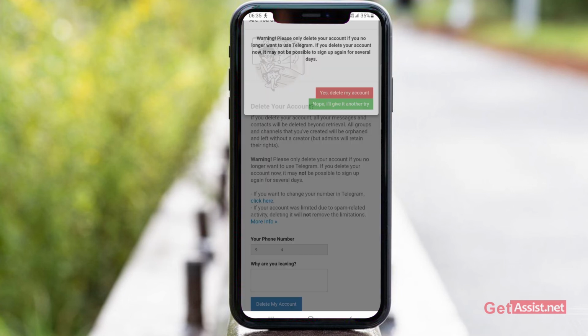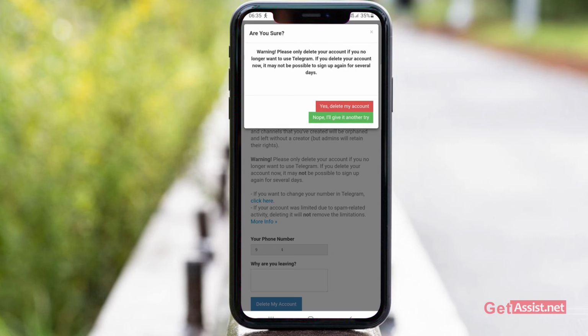Once you press the delete my account button, you will again see a warning asking if you are sure. This is the last warning that you will see, and after that your account will get permanently deleted. If you press the red button, yes, delete my account, you will no longer be able to recover your account, your chats, your messages, and your contacts.